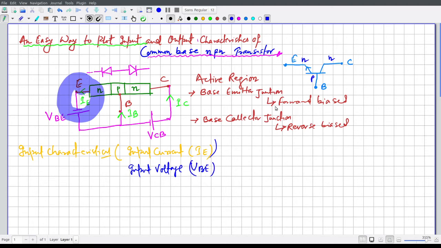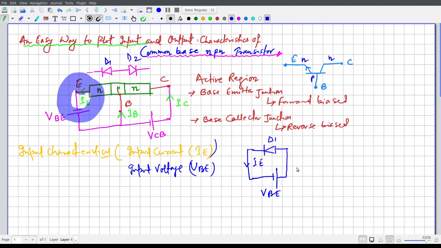Basically, just think about it, there are two diodes D1 and D2. For the input characteristics, we are taking this diode as D1, with one part connected to the positive end and the other connected to the negative side. This one is VBE and this diode current is simply IE. So we have to plot the IE versus VBE relationship.